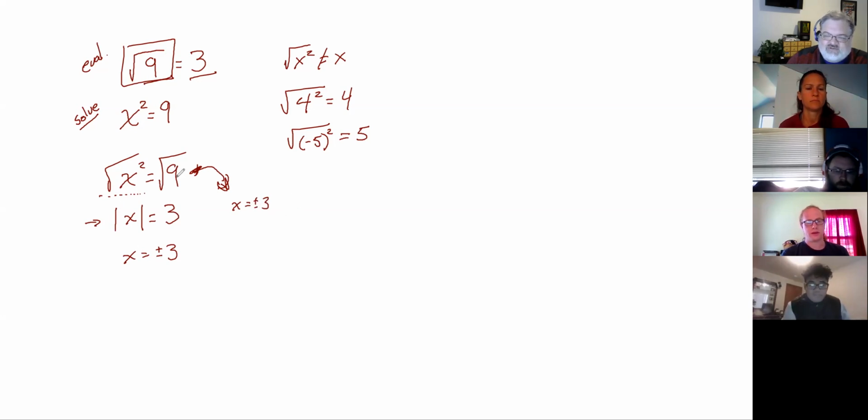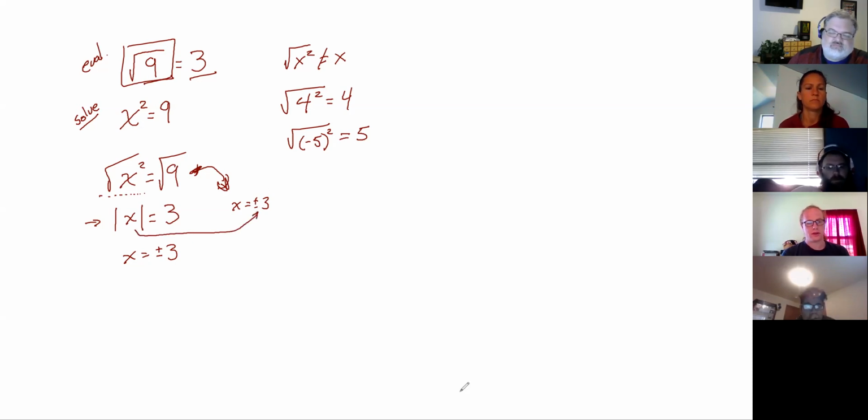And there's no reason not to just go directly to that step. But it's important for us to remember that that square root of 9 is not what's generating the plus or minus. And that this, more importantly, that this square root of x squared isn't x. That this square root of x squared is an absolute value, and that absolute value is what's generating the plus or minus. Fair?